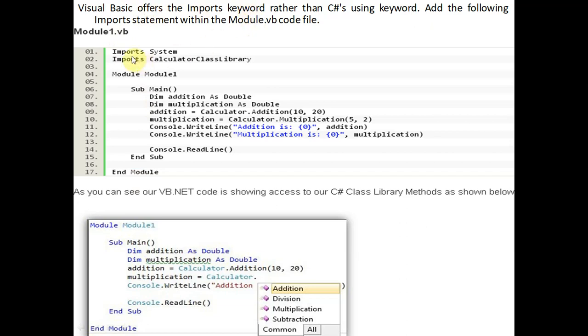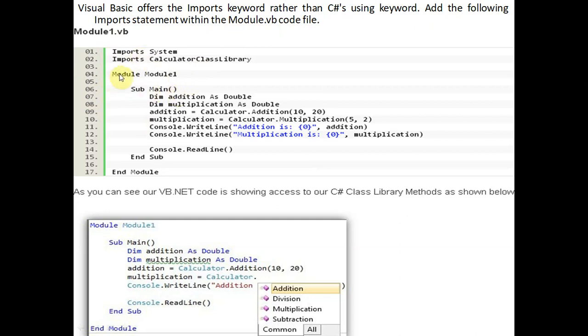In case of Visual Basic we will write Imports System, and in case of C# we will write using System. So here the first statement is the Imports System keyword rather than the C# using keyword. Add the following import statement within the module. In Visual Basic we write the program inside the module, whereas in C# we write the program inside the class.